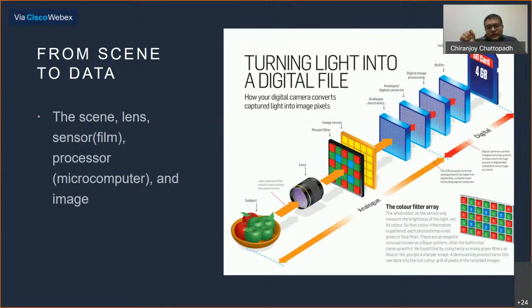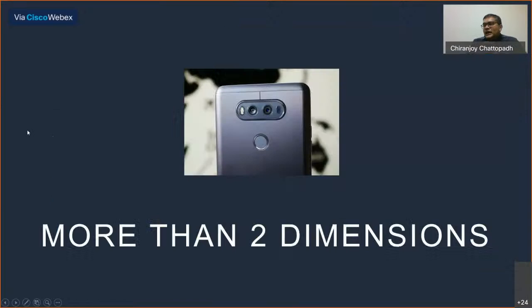That's why it's an f of x and y. In those locations, those discrete values are stored, and that is what we have, nothing else. But it is not only two-dimensional. Some of you might have cameras which have multiple lenses, through which more than two-dimensional data can also be captured. And you could see that in your mobile phones, those who have such mobile phones with this camera setup,